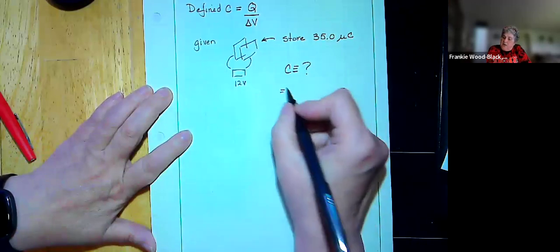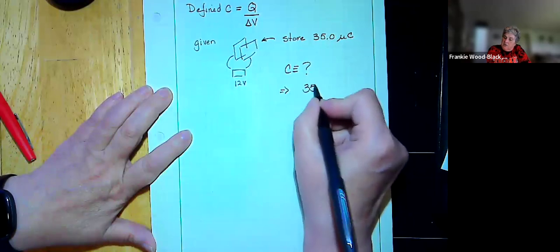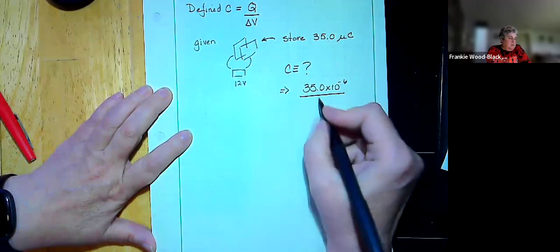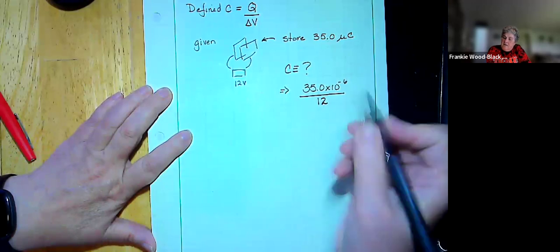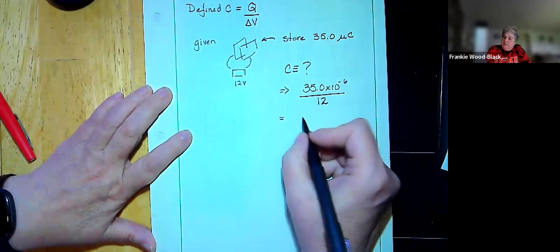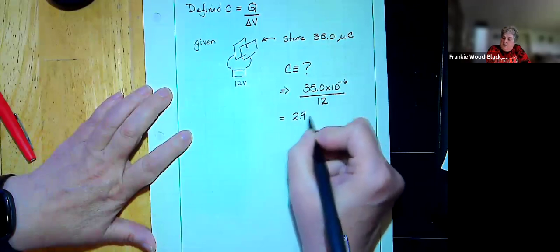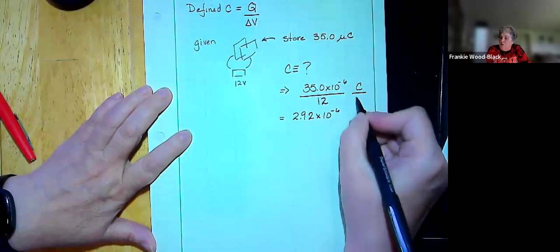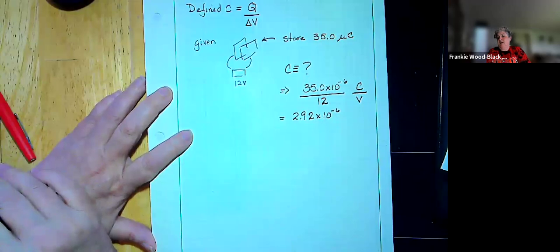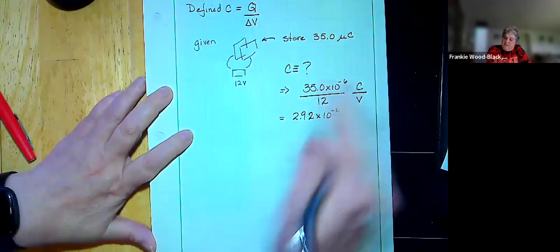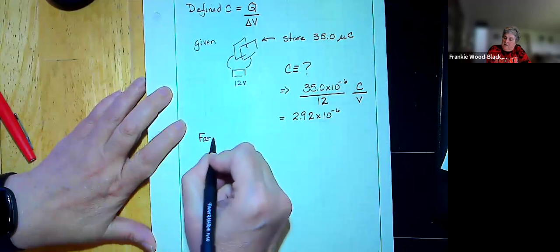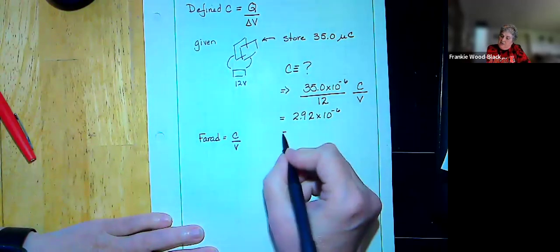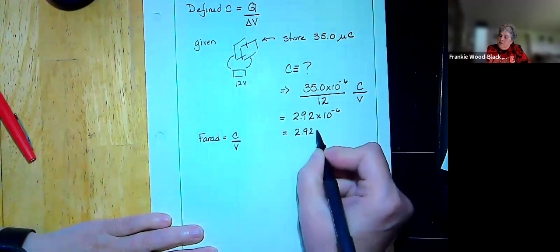Well, that one's a pretty straightforward calculation. We're just going to take our charge and divide it by our voltage, and we're going to end up with 2.92 times 10 to the minus 6. Now this is coulombs per volt. And we didn't actually say it, but a farad is equal to a coulomb per volt. So we could actually write this as 2.92